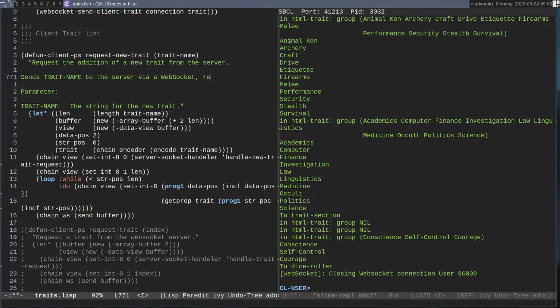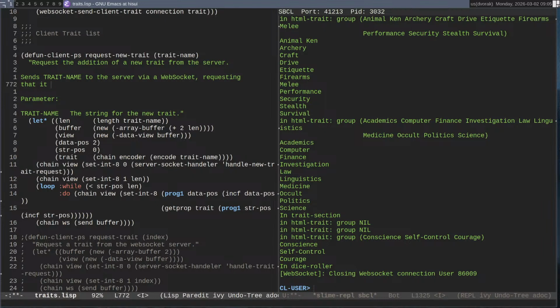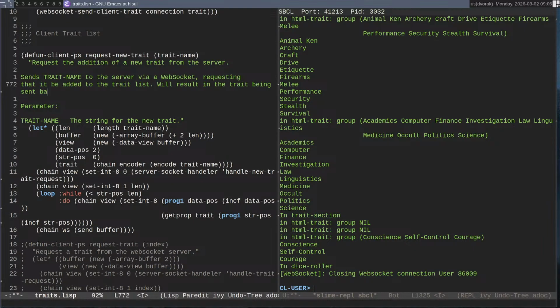Requesting that it be added to the trait list will result in the trait being sent back.